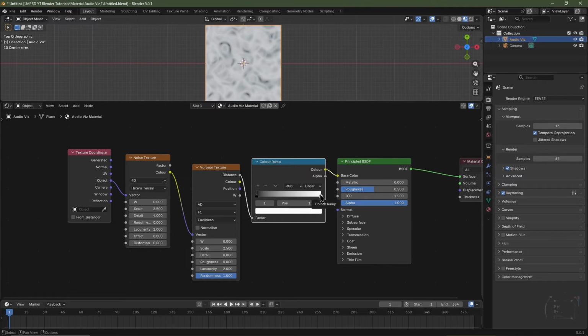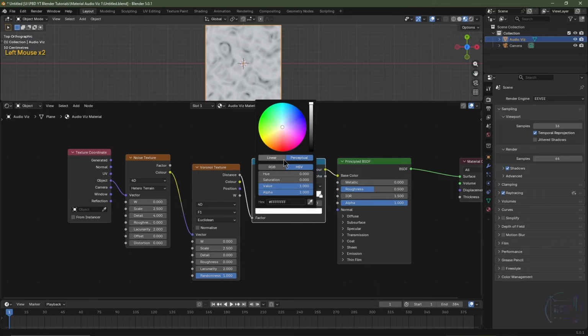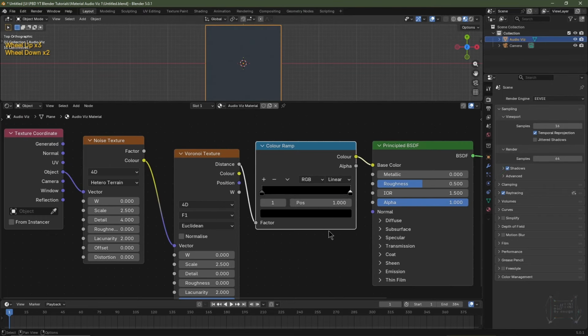I'll then select this white flag, and go into the color swatch, and I'm going to turn this to black. I'll then click this plus button 4 times to add 4 flags. I'll select the first flag, I'm going to hit it 2 more times. I'll select the first flag again, I'll click it 1 time, and I'll select this one and click this 1